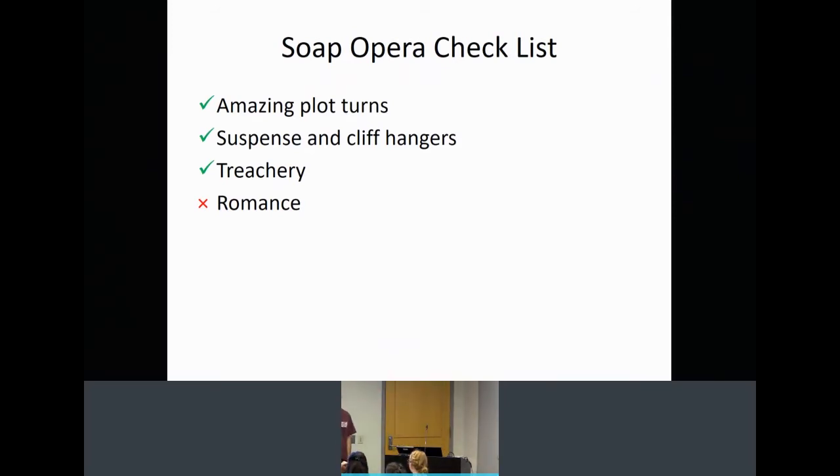Now my story doesn't have romance, but why do they put romance into soap operas? One major reason is that they could have models playing the main role, so we are going to